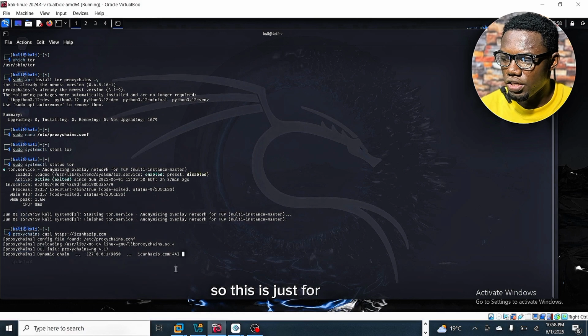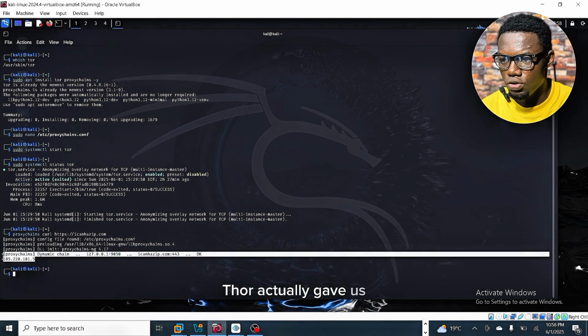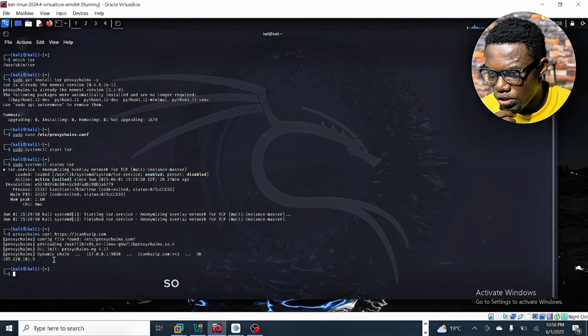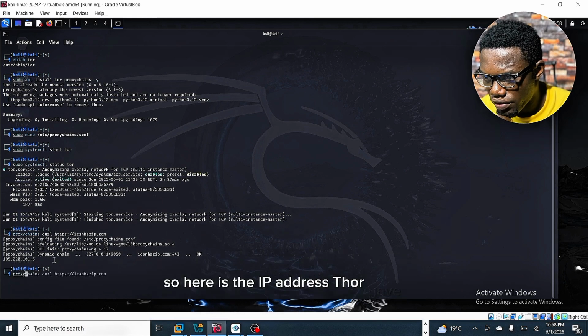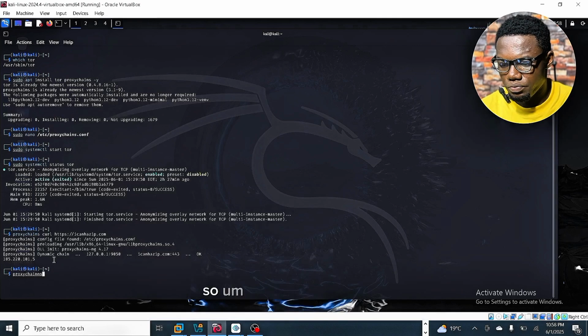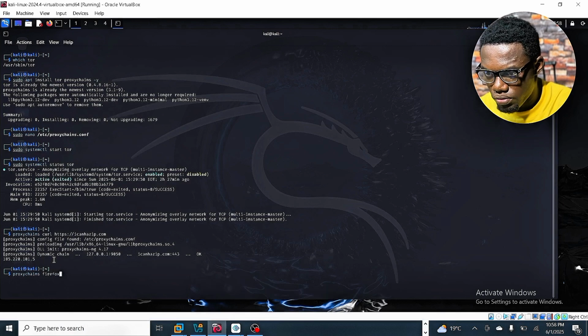So this is just for it to show us the IP address that Tor actually gave us. So we hit enter, and then it is meant to give. So here is the IP address Tor gave us, the Tor IP. So let's go proxychains